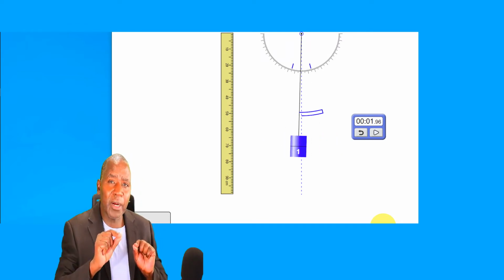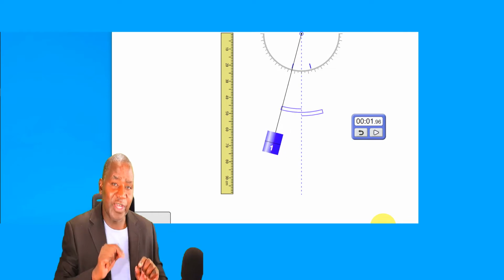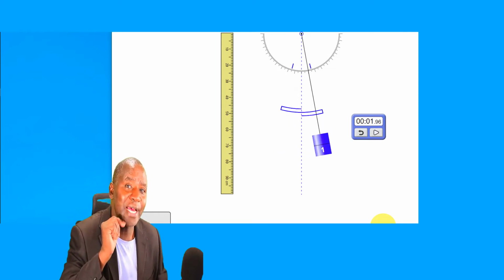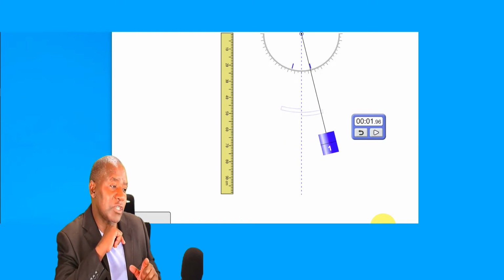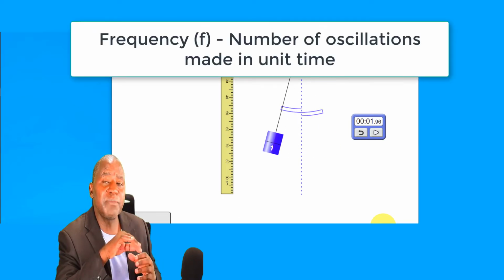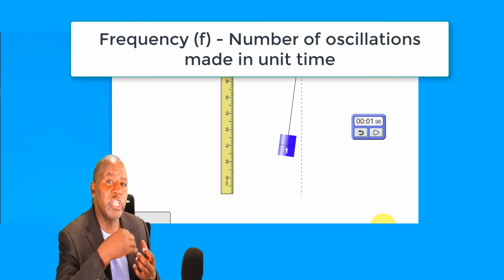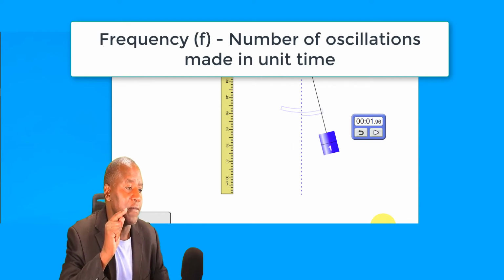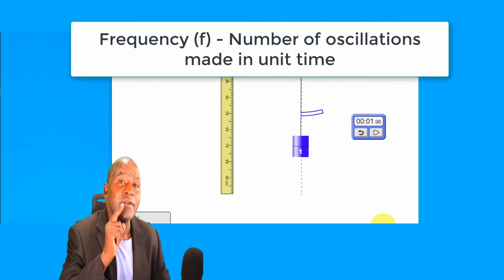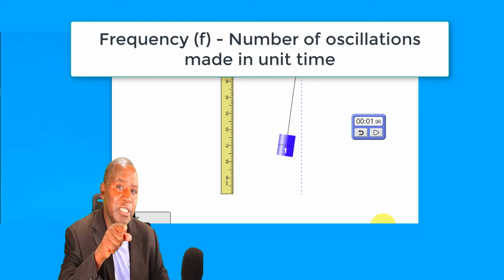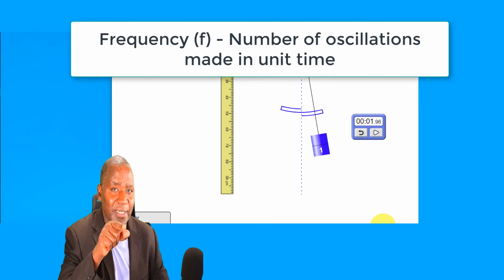So the number of oscillations that the wave makes in unit time is referred to as the frequency of the wave. Maybe it makes 5 oscillations in 1 second. So the frequency of that wave will be 5 oscillations per second, and an oscillation per second or a repetition per second is